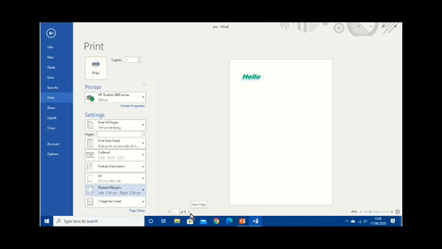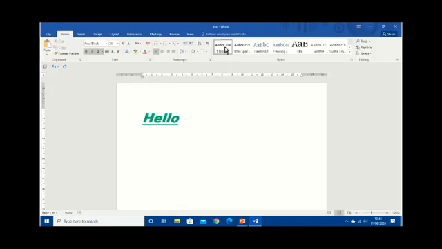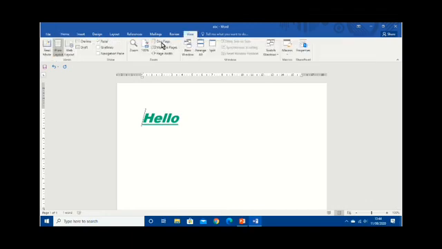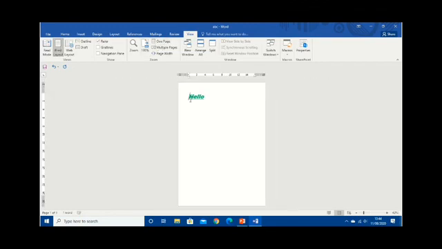But before printout, you must check the print layout of the page. For that, go back, go to the view option. Here you will get the option print layout. When you click over there, you will get the option one page view.